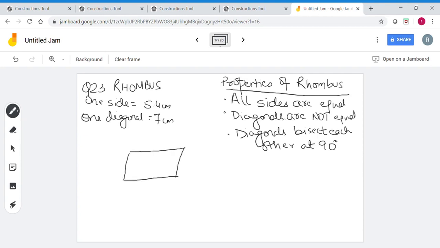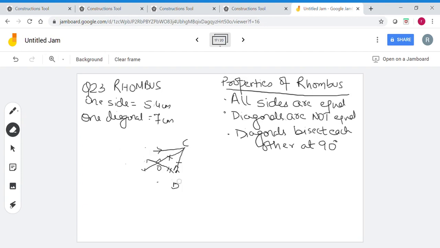All sides are equal. So if this is A, B, C and D, all four sides are equal and opposite sides are obviously parallel as well. It's a type of parallelogram. And all sides are equal. Diagonals are not equal, which means AC and BD are not equal, but diagonals bisect each other at 90 degrees, which means this angle is 90 degrees. Let's call this O. OD and OB are equal, and OA and OC are equal. Perfect. So we've revised our properties of a